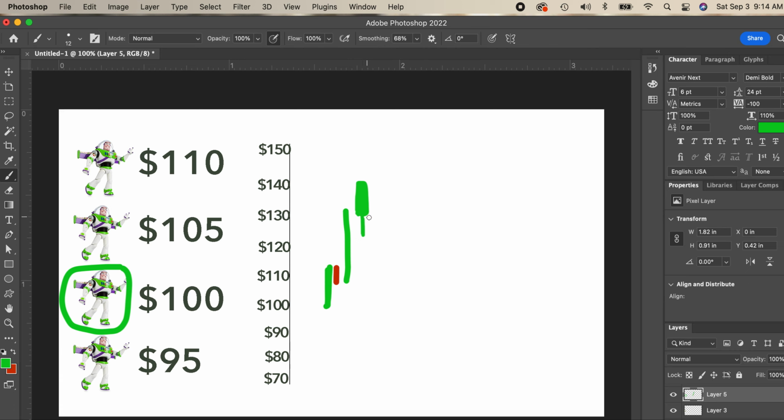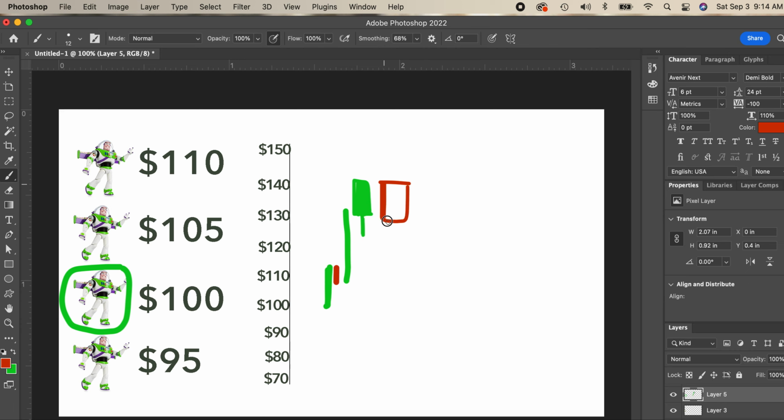That every time Buzz Lightyear drops below $130, somebody's going to buy it for $130. They don't care what the actual price is. They're willing to pay $130. And that's what a bottoming tail is. Every time it drops below 130, they're going to buy it right back up. Same thing with a selling candle. This guy who paid 100 for his, every time it gets above 140,